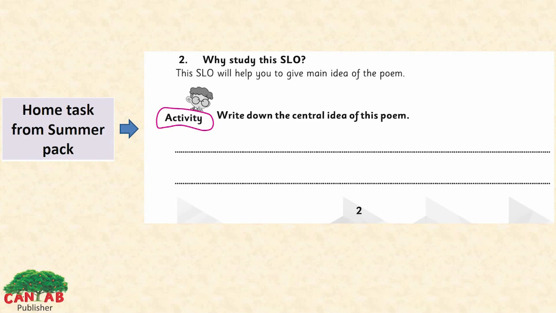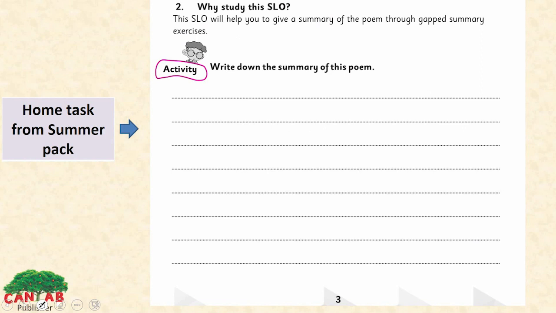उसके बाद आपने क्या करना है, पेज नंबर 3 पे राइट डाउन द समरी ऑफ दिस पोएम। आपने पूरी पोएम को क्या करना है, समराइज करना है इन सिंपल वर्ड्स, नॉट इन अ पोएटिक वे, नॉट इन अ पोएम फॉर्म। जिस तरह आपकी पोएम लिखी हुई थी स्टैंजास में, रिदम के साथ, राइमिंग स्कीम के साथ, आपने इस तरह नहीं लिखना है। अपने सिंपल वर्ड्स में, कुछ सेंटेंसेस में आपने